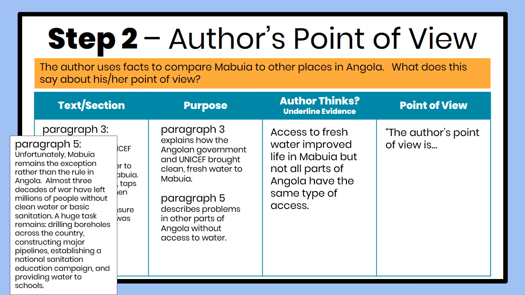The author's point of view is, go ahead and see if you can write the author's point of view on your own. If you need a little help, use this additional sentence frame. The author's point of view is that it is important for all parts of Angola to